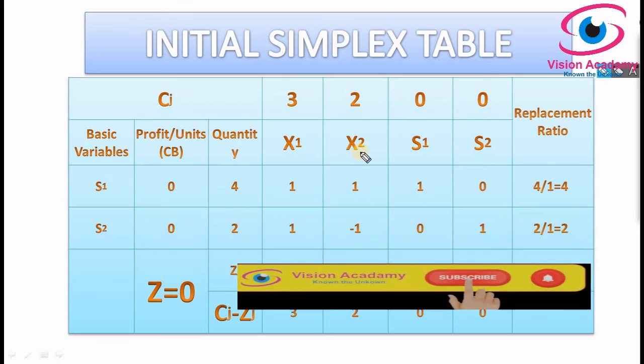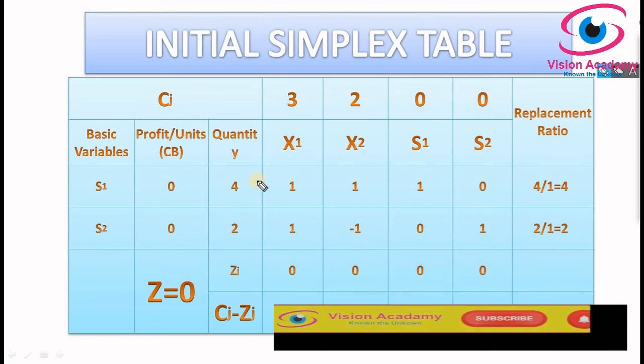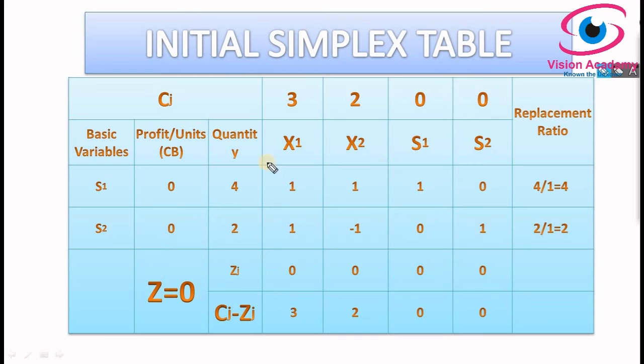Before that, you should understand one more thing here, that is the identity matrix. To initiate another iteration, the basic variables must be in the identity matrix. Look at here. These are the basic variables, that is s1 and s2, which means the columns corresponding to the basic variables in the initial simplex table form an identity matrix. It has formed an identity matrix, that is 1 0 0 1 for the basic variables s1 and s2, and their coefficients of constraints are 1 0 0 1. Very importantly, if you want to lead another iteration, this must be in the identity matrix.